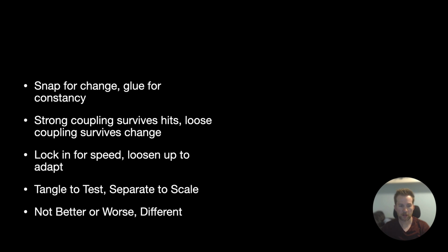And the last thing I'll add, which we haven't really gone over too much, is that high coupling is not better or worse, they're just different. Low and high coupling are just different. That's the main takeaway from all this, is that we should be understanding the decision we're making and trying to understand the cost. Coupling is a tool and an attribute of the systems we create. If we can understand more about that, we can be more intentional in using that to our advantage. We can make it work for us rather than against us.